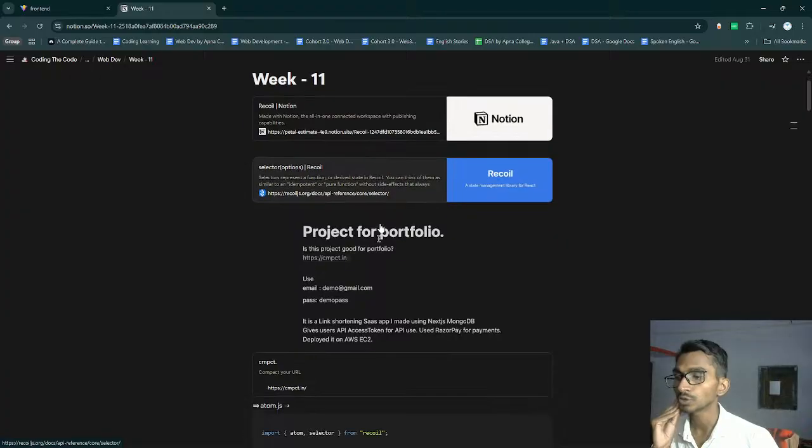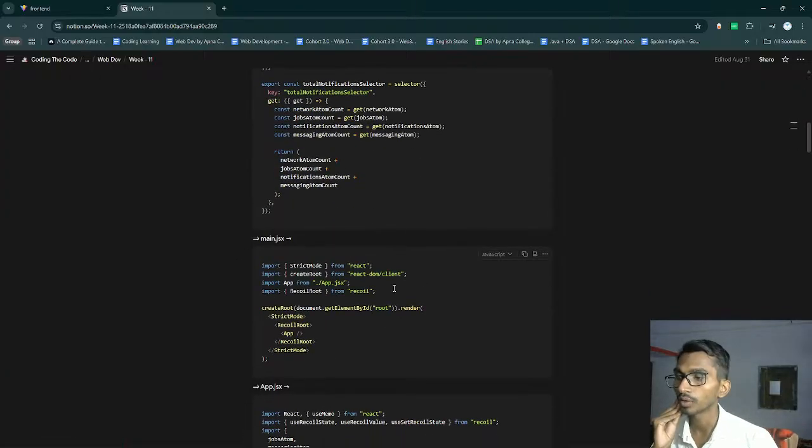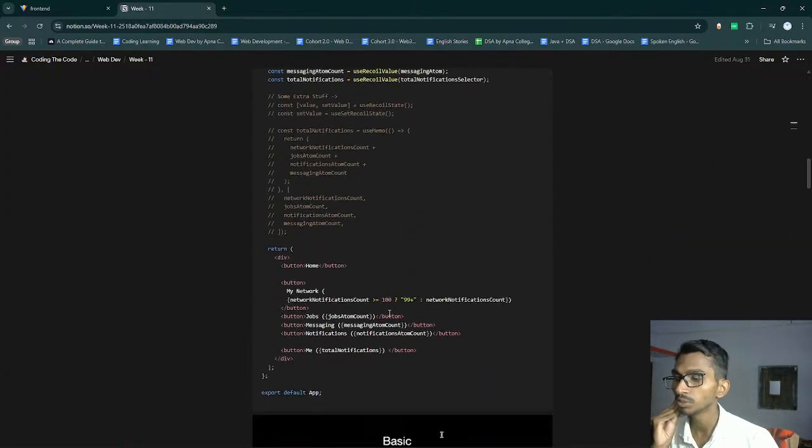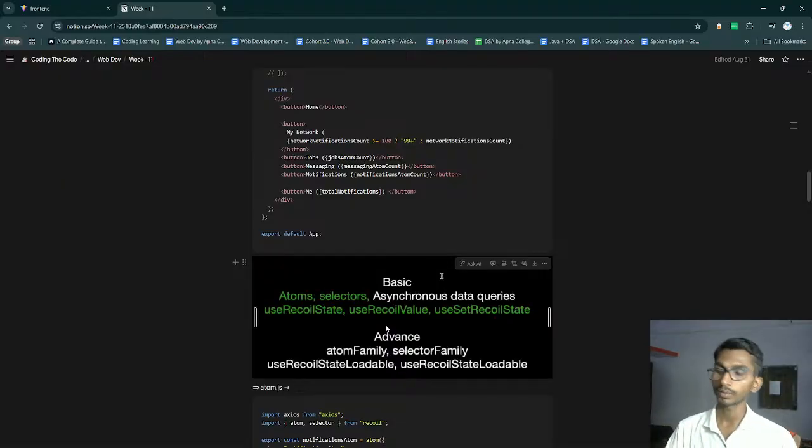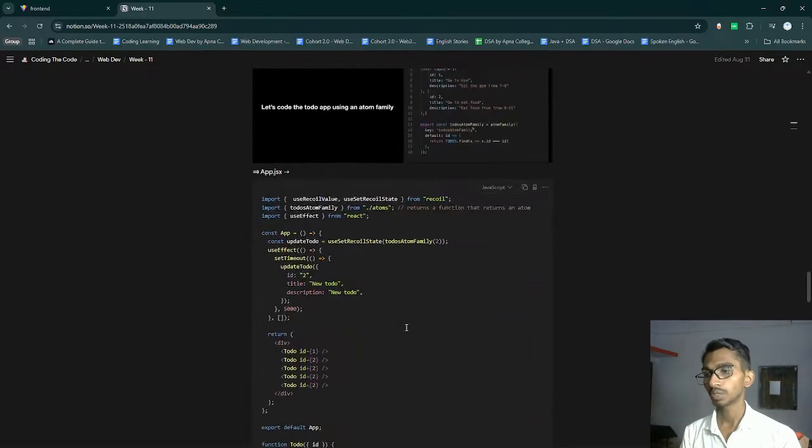Okay, so we are actually gonna use Recoil. This is the overall idea of how it's being used. I've written a few projects using this, so it should be easy. At least I should be able to understand